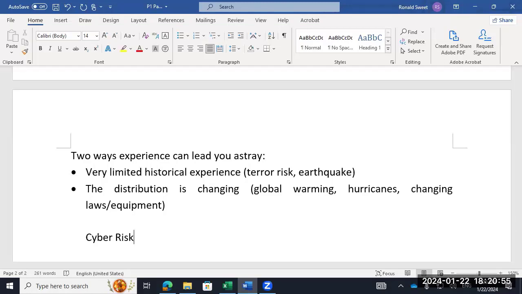Any of y'all cyber majors, cyber risk, that's school. We're losing our cyber risk students to another school. They're going to start a new artificial intelligence school. So we're going to lose that group.